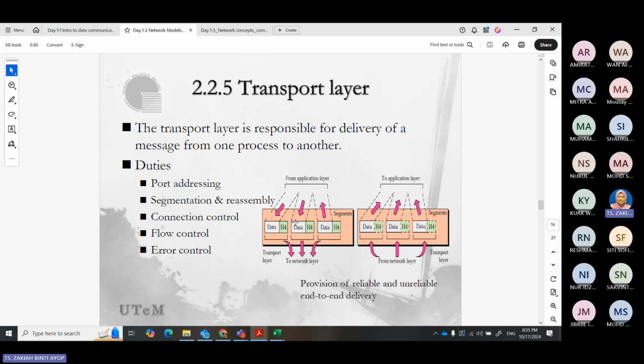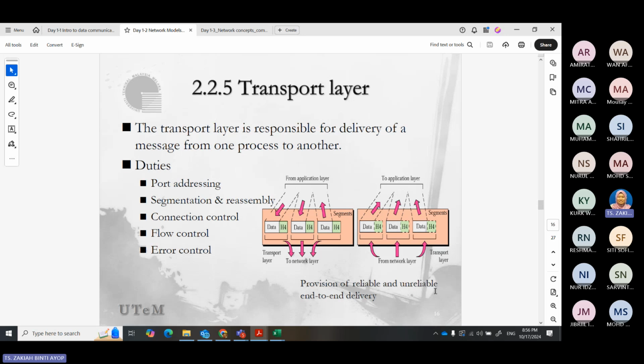Inside the header, usually it will contain the port, for example, port 80 for my website, HTTP. This small piece, from the previous application data that we segmented, is called a segment. So these segments will be sent out to the network layer.